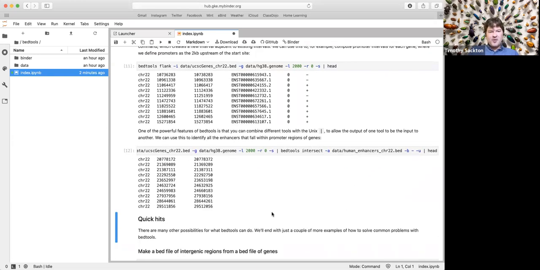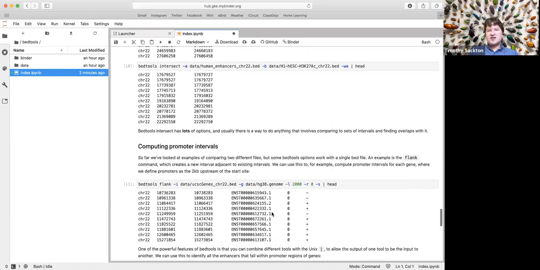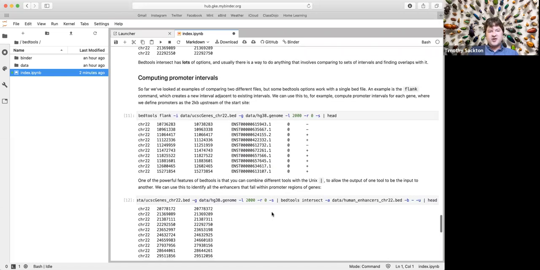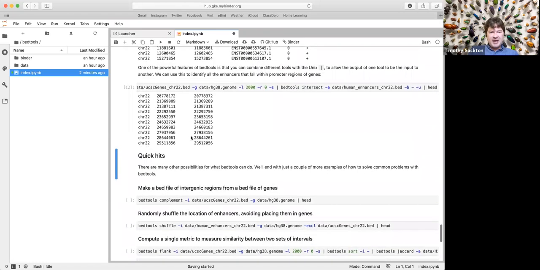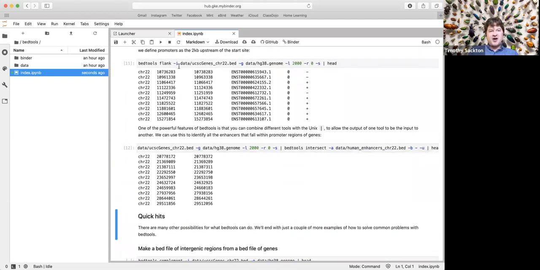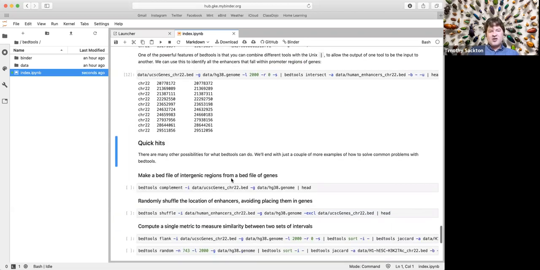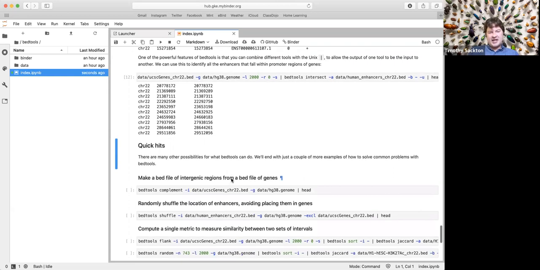Okay, so that's just a brief introduction to two types of Bedtools commands: ones that operate on a single bed file, which use this -i option, and ones that operate by comparing files. There are many, many, many options